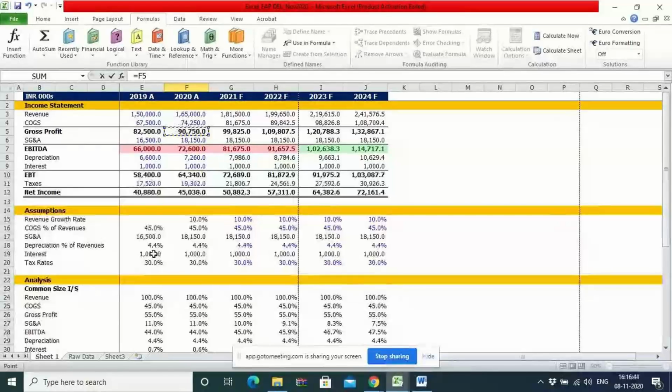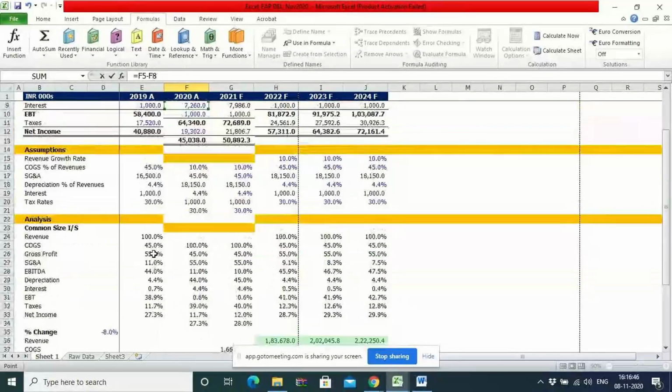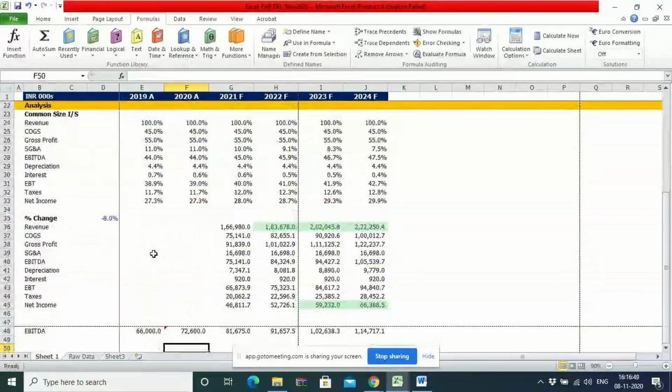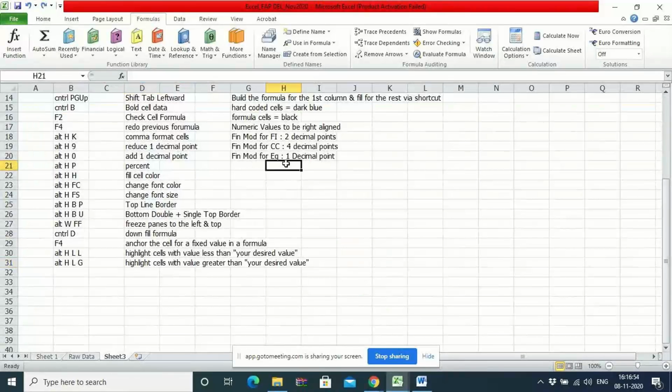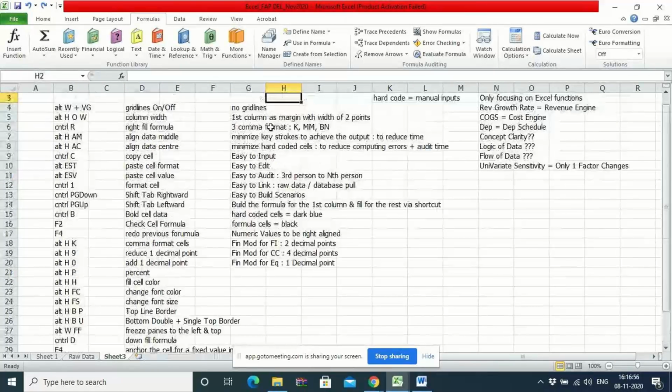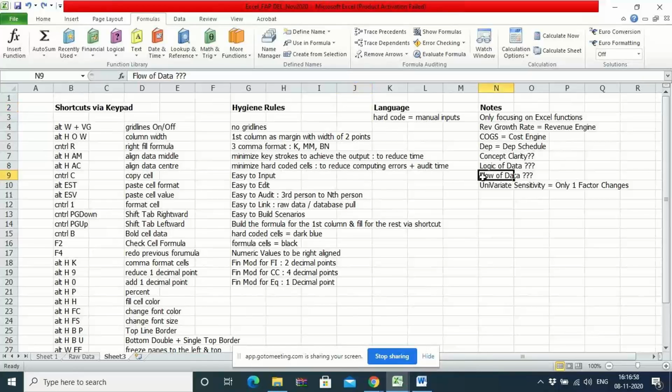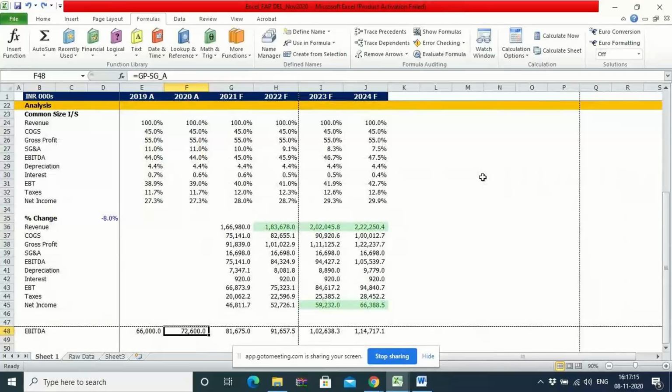There could be errors in this. There's nothing wrong. Logic-wise, nothing wrong. But the flow of data. You're making the flow of data better. There is nothing wrong conceptually. There is nothing wrong in the logic of the data, but you are just making the flow of data better. Okay, why? To minimize keystrokes, to minimize hard-coded cells, reduce computing errors and audit time. Okay, so custom formula like this,